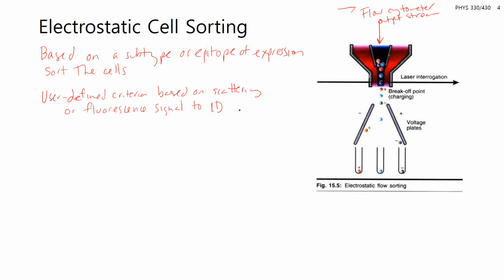To identify what your sort criteria is. So very quickly after the laser, I guess in the schematic, sorry, the laser interrogation is right there. So apologize for that. Based on something that the user provides, after it passes through